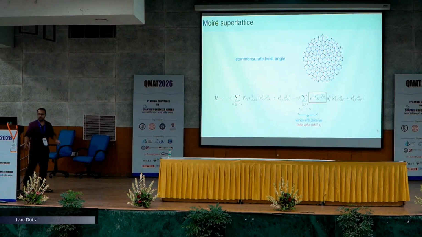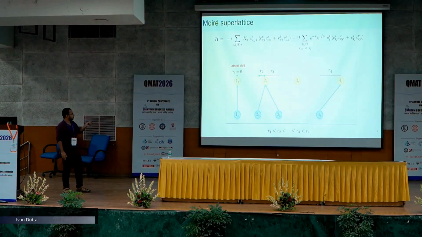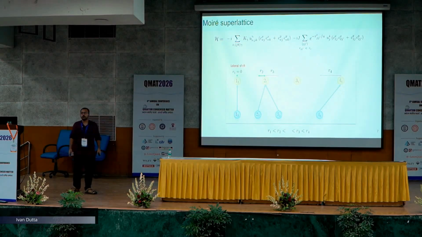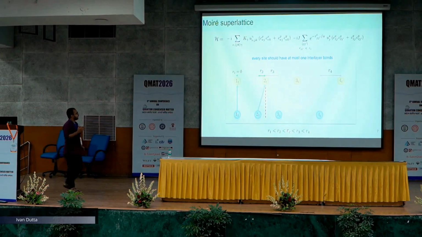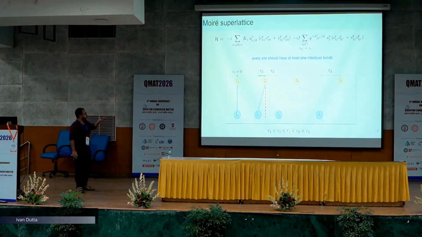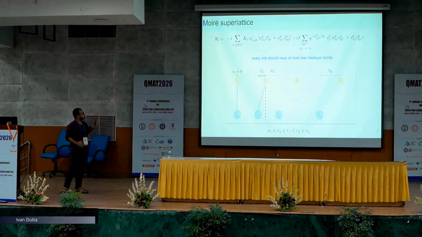But along with this, I also introduced a cutoff. Why have I introduced this cutoff? For my interlayer bonds, you can see two situations, where the blue is the bottom and the other is the top. There can be certain cases where the bottom and top sites may be connected by two interlayer bonds, but that is the problem. We always want every site to have at most one interlayer bond, similar to the bilayers, so we have imposed this cutoff and neglected all the weaker couplings. If we do this, then our model is exactly solvable, and if we impose this constraint in the Monte Carlo, we can see very beautiful phase diagrams.